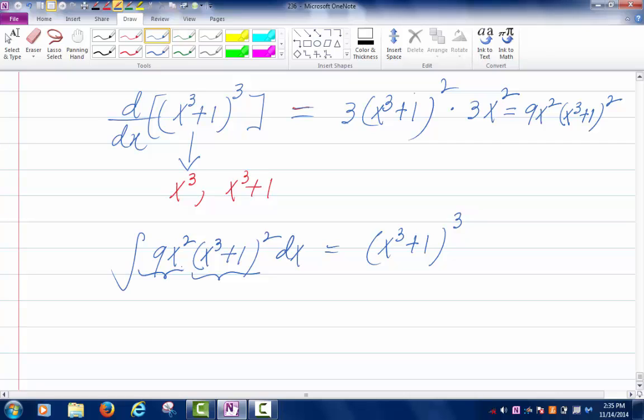And the other factor is almost the derivative of the inside. If I had 3x squared, that would have been the derivative of the inside. You agree with that? So usually, whenever you have an integrand where you have two factors, one factor is a composition, and the other factor is the derivative of the inside of that composition,